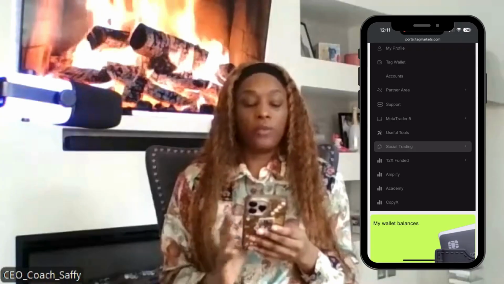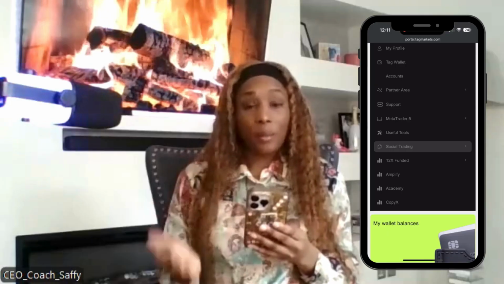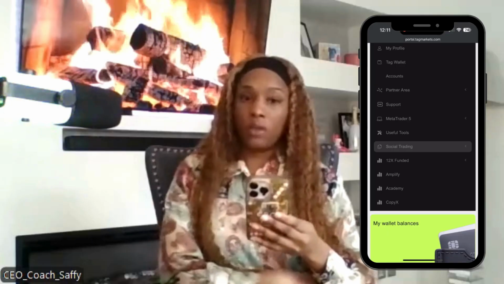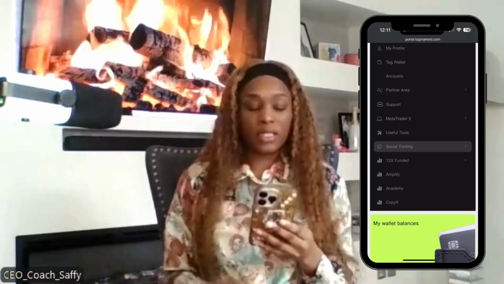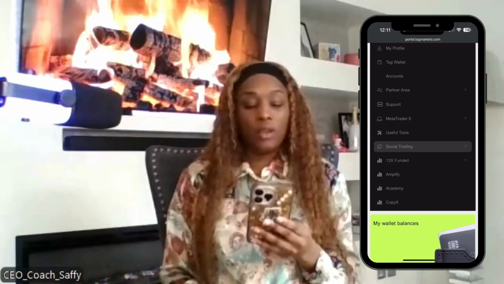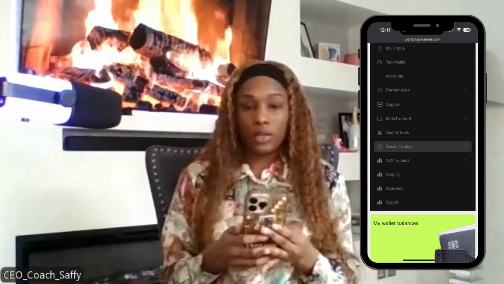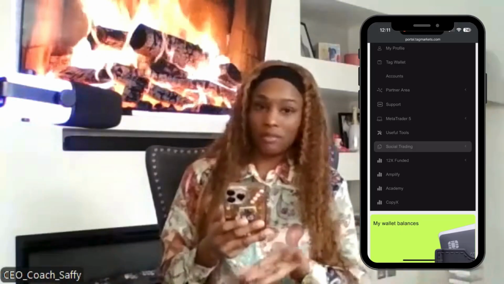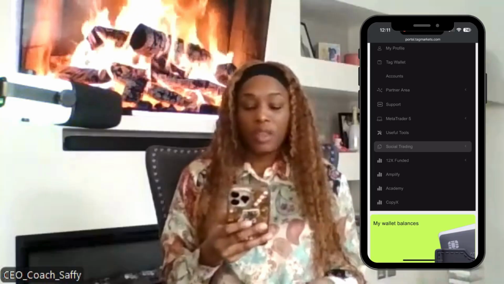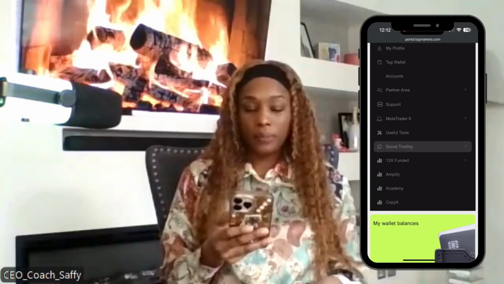Okay, a lot of people get confused here and they click on 12x funded, because Tag Markets do actually offer a 12x on your account, which basically means if you put in 1,000, they will allow you to trade with 12,000. If you put in 100, that allows you to trade with 1,200. If you put in 10,000, 120,000. Okay, but we are going to click on amplify,